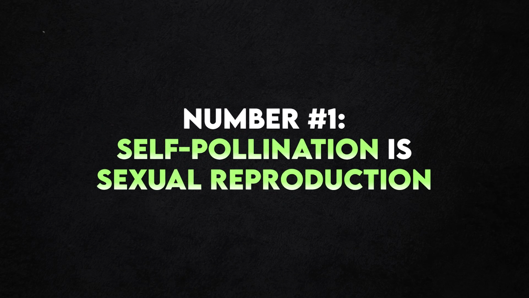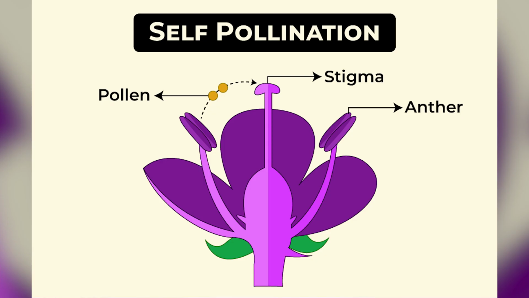So here are 2 extremely common misconceptions about self-pollination. First, it's not asexual reproduction. A lot of students make this mistake probably because it involves pollination within the same plant. But the fact that it has pollination means that it involves pollen grains, and the male gamete is found in the pollen grain. Later on, there will also be fertilization. So fertilization only exists in sexual reproduction. Asexual reproduction never has fertilization. So self-pollination is actually a form of sexual reproduction.